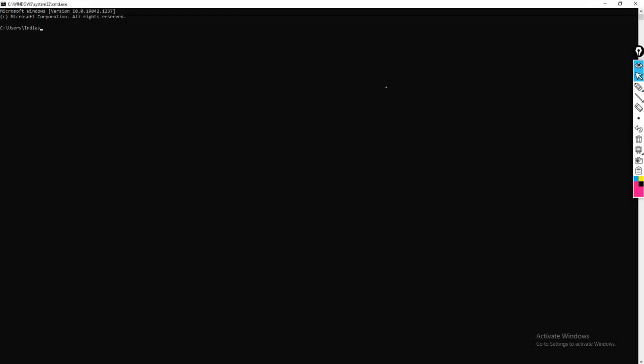Let's say at machine A, we'll go to the command prompt and we will type ping 10.1.1.2. As soon as we hit enter, machine A will send a request message to machine B, and machine B will send a response message to machine A. If machine A is connected to machine B, then we'll get a response message, and if there is no connectivity, then we'll get an error message, that is request timeout. We'll be discussing this whole process in detail.